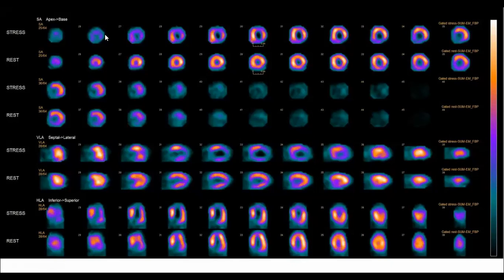So there is a large size reversible perfusion defect involving apical anterior and apical septal, mid anterior, and apex. I'm not describing inferior here because I cannot describe inferior with